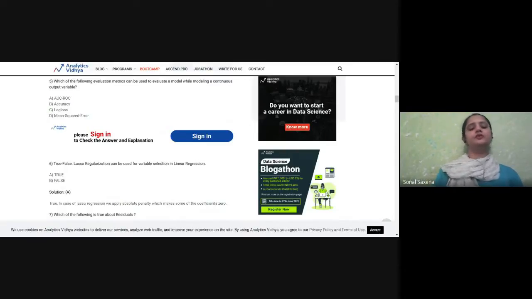Then we have the next question, which says, true or false: lasso regularization can be used for variable selection in linear regression or not?